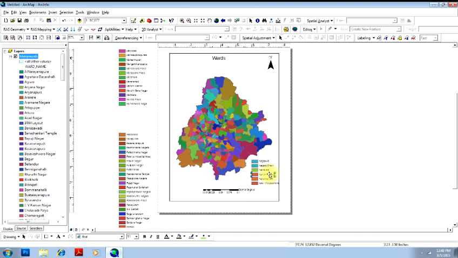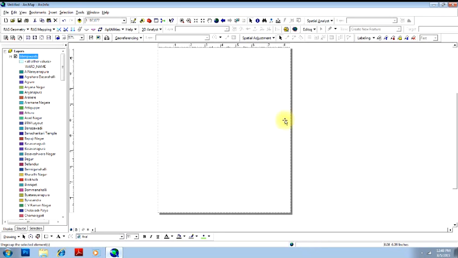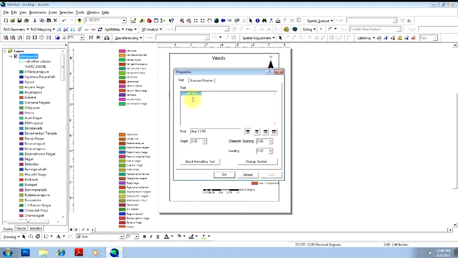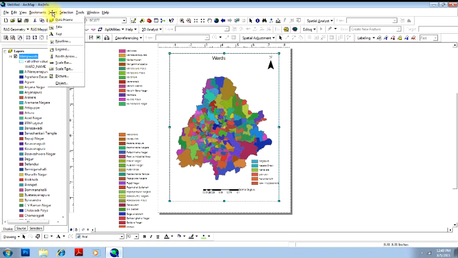You want to edit it, you still can ungroup it. Then you have the text and the symbol separate. Then click on the text and you can change the text you want. I will change it as unknown, so your text is accordingly changed. Okay, then we'll go to insert and see what are the other options available.